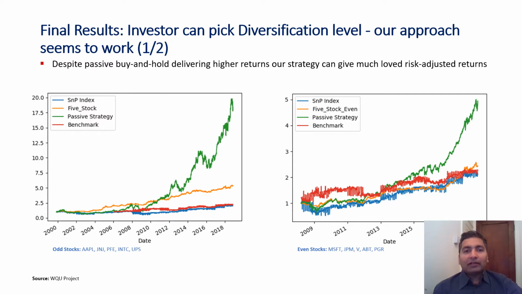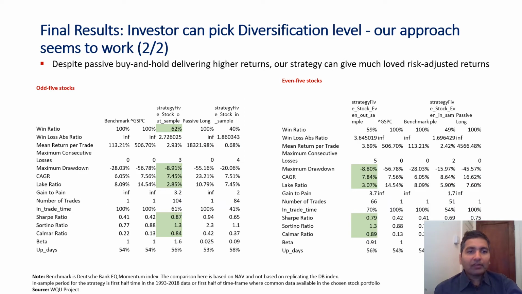Now, what are the final results? We have picked 10 stocks from the K-means algorithm. We have designed a strategy which works as a long only trend following strategy. And we constructed two portfolios, which are odd number stocks and even number stocks. And you can see that this strategy works. The orange line works in both cases with a bit more stable set of returns. The green line, passive buy and hold, still outperforms on the return side, but if you look at some of the drawdowns, an investor would have to be really comfortable with those drawdowns before it works. And the metrics support that theory.